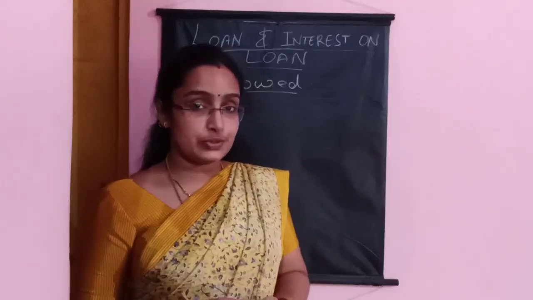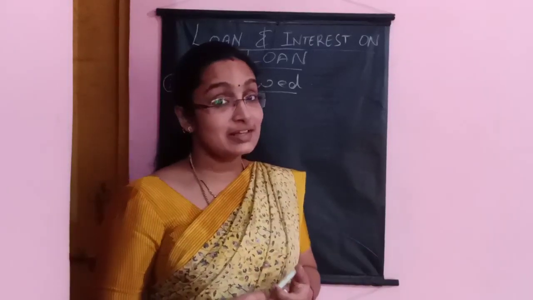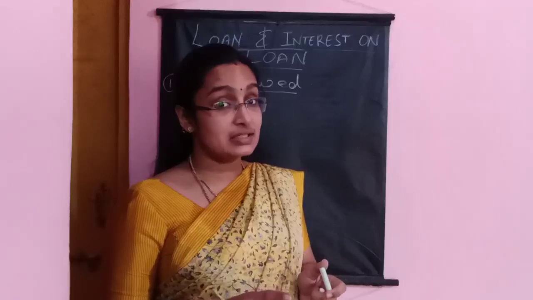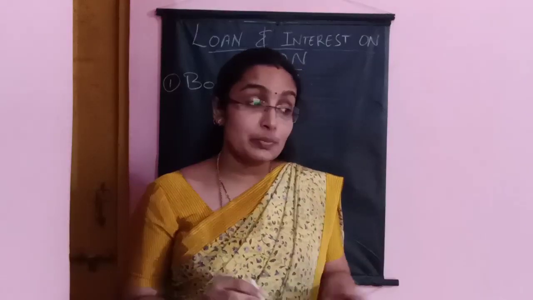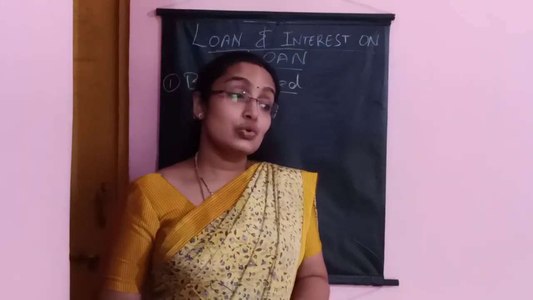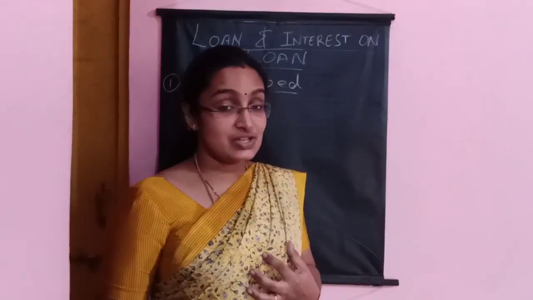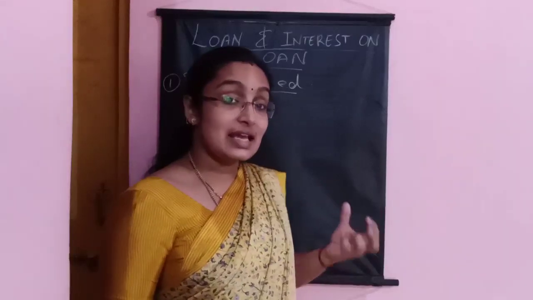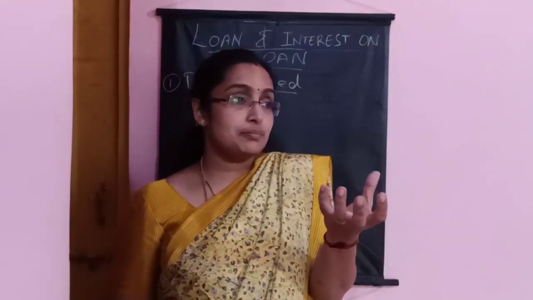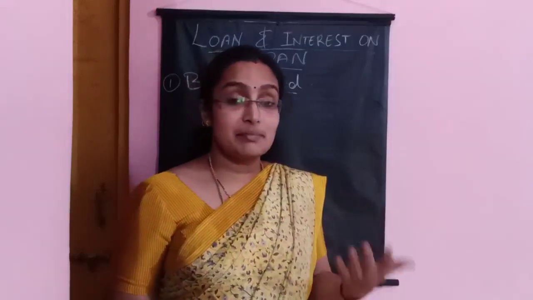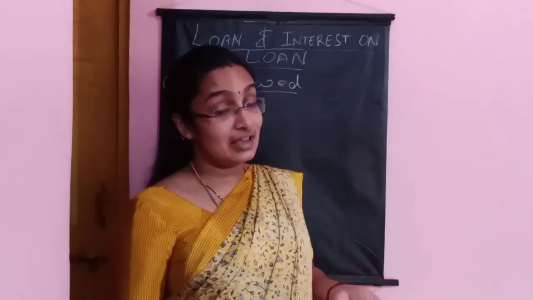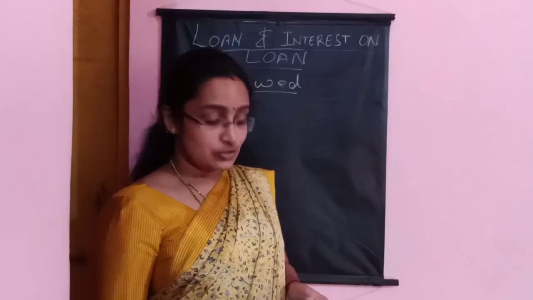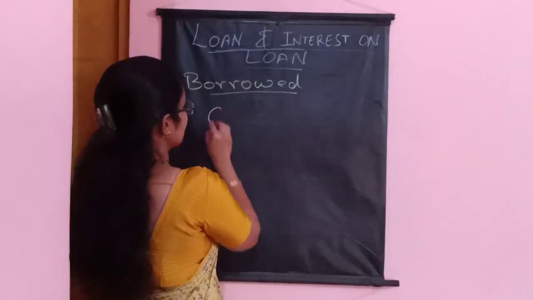For the loan borrowed, we are receiving the amount in the beginning, but we have to pay it. The loan is always a personal account because we are getting it from either the bank or some other person. So the giver, we are receiving the cash. So cash has to be debited, and the entity which is giving us, either the bank or some other person, has to be credited because it is again a liability which we have to pay. So the entry goes